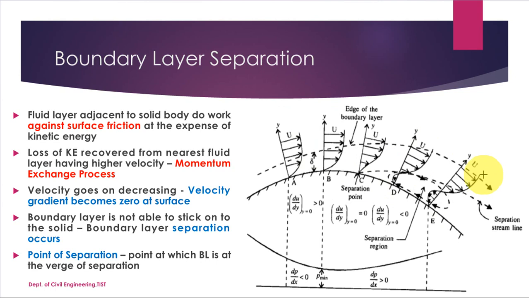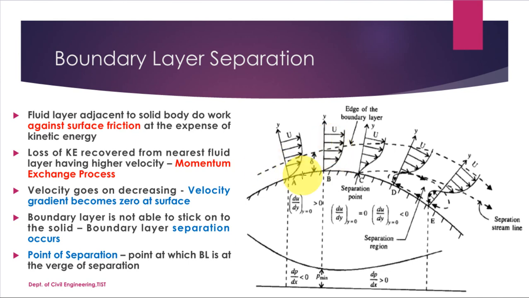Now we know that this surface offers a surface resistance to the particles which are very close to the solid body. So they are moving forward by doing work against this resistance. This resistance is offered by the solid body to the fluid particles. The fluid particles are moving forward by doing some work to resist this